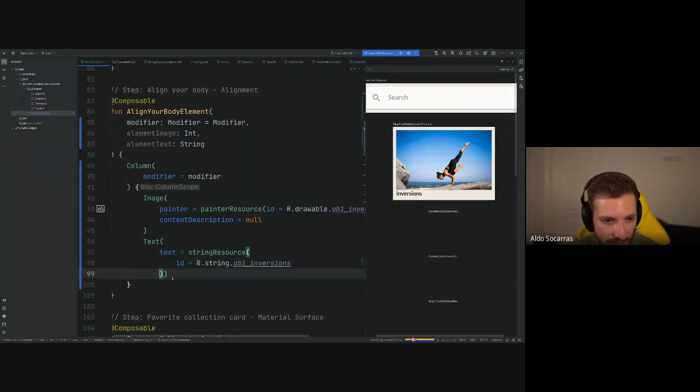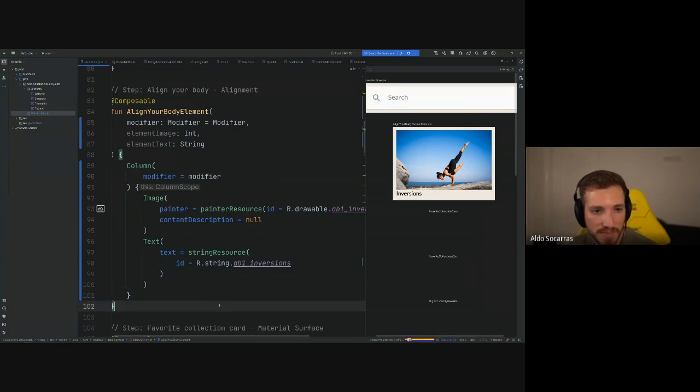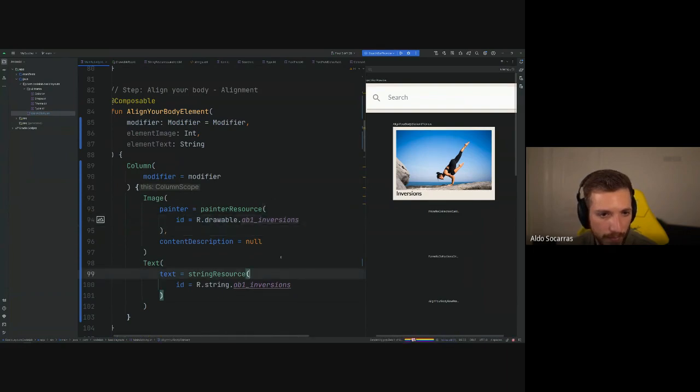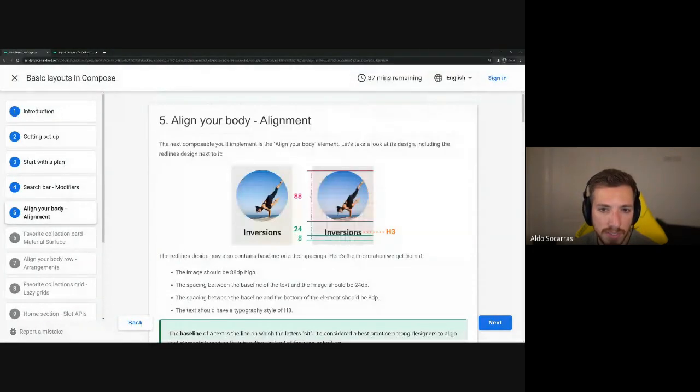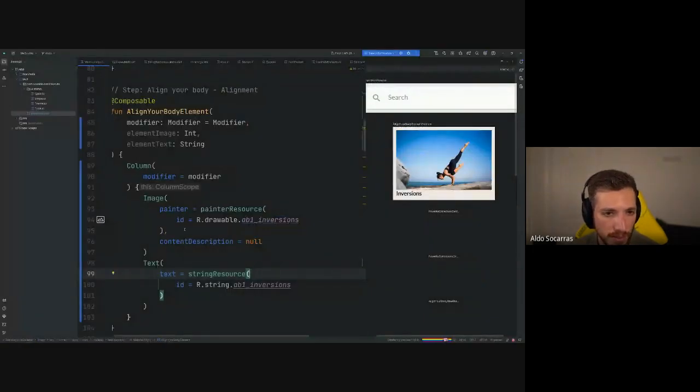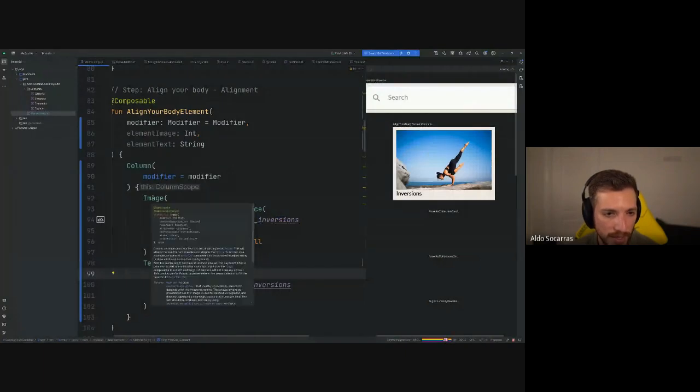There you go. That's getting formatted. All right, cool. So, all right, so let's go ahead and do this. They wanted the image height to be 88, right? So image, and then image, as we can see here, has a couple different things. One of them being the,